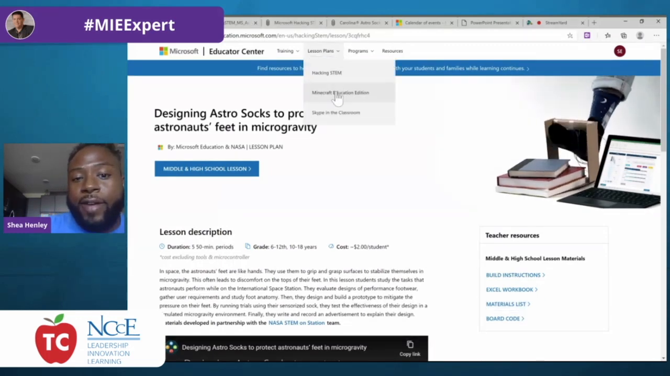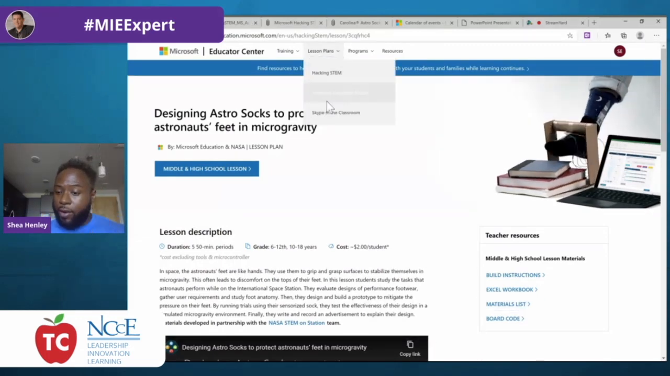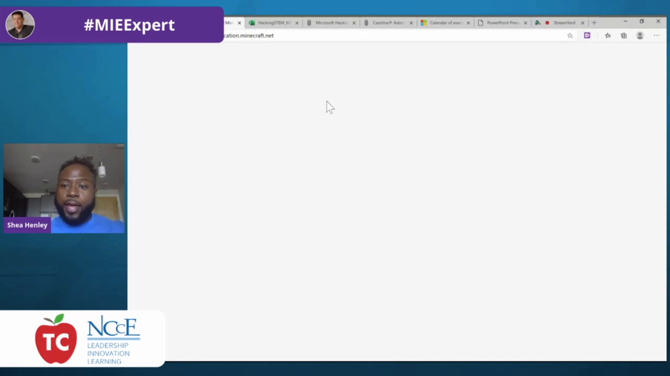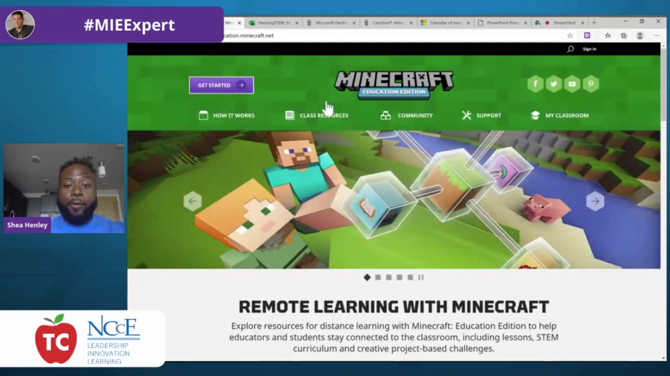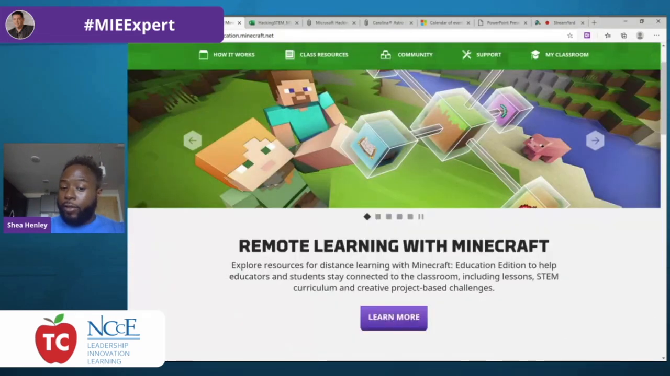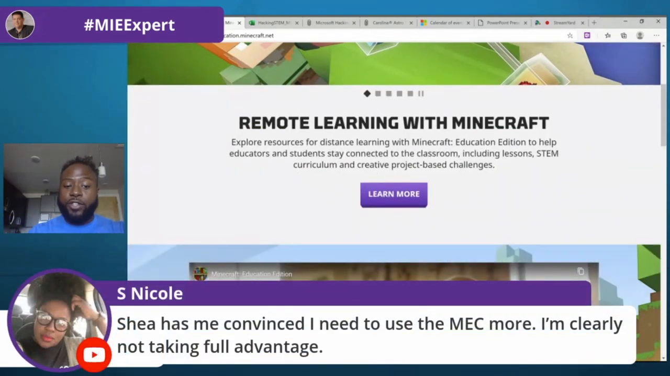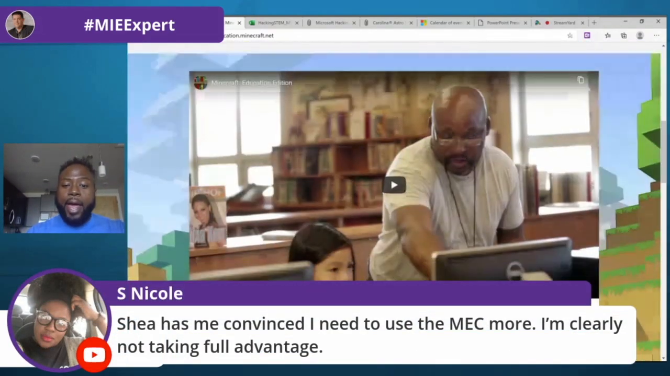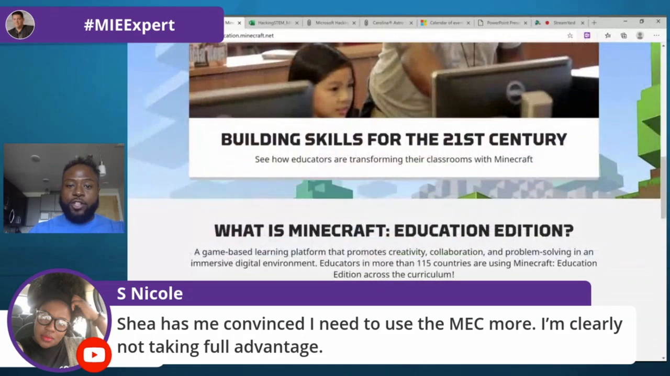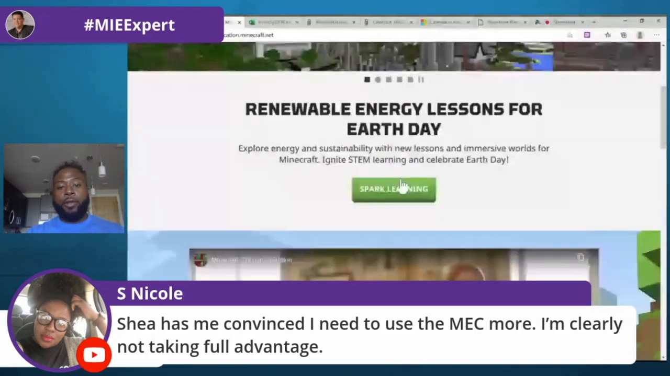Going back to our Educator Center, let's explore some of the Minecraft Education, because you have Minecraft here as well. I'm going to spend a minute or two on that. This is going to take us to the education.minecraft.net website. There's a lot of remote learning material here. I love the resources that they provide, building skills for the 21st century. Even when I clicked on learn more,